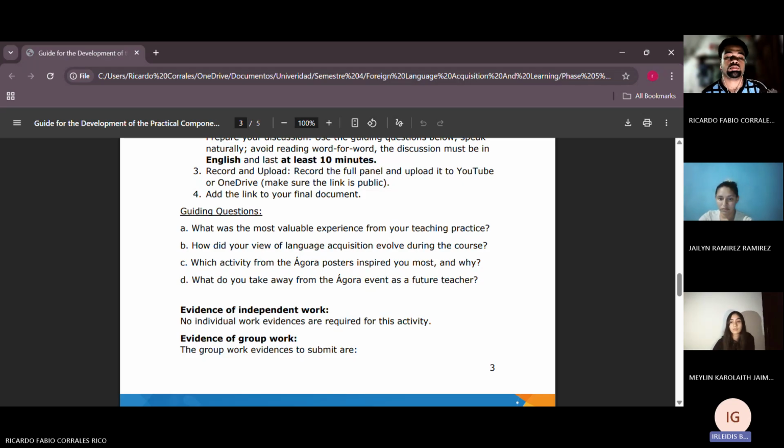At the beginning, I thought learning a language was only about grammar and vocabulary, but now I understand that cultural and emotional factors also influence how the student learns. I learned that motivation, interaction, and meaningful communication play a big role in language. Thank you.